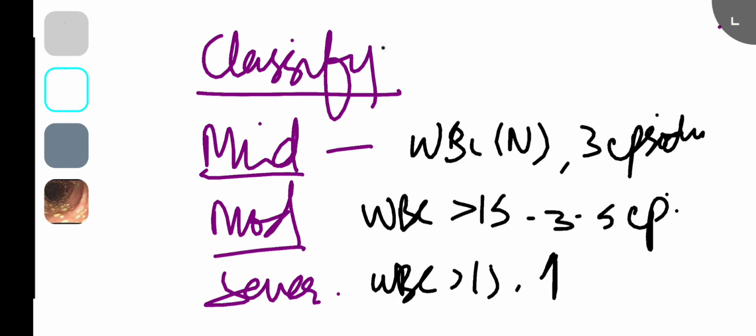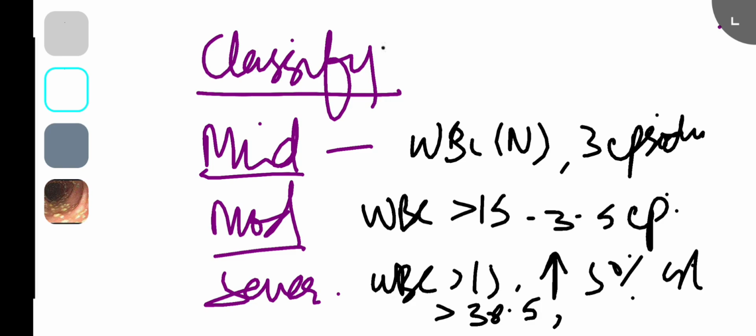What is that? An increase in creatinine of 50% from the baseline, or the temperature is greater than 38.5, or there is evidence of severe colitis on radiological or abdominal examination. What I said earlier is toxic megacolon. If you find that on a CT or an X-ray or on an abdominal exam, and you have greater than 15,000 TLC count, that is white blood cells, and an increase in creatinine greater than 50% from the baseline, you've got a higher temperature. This means that it is severe